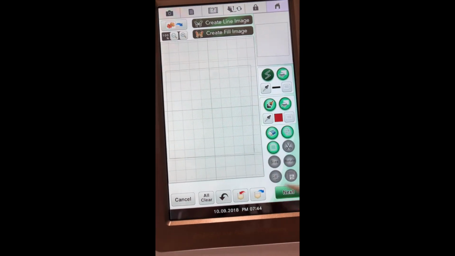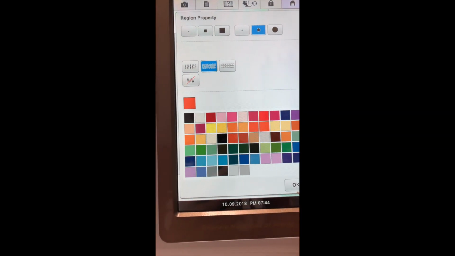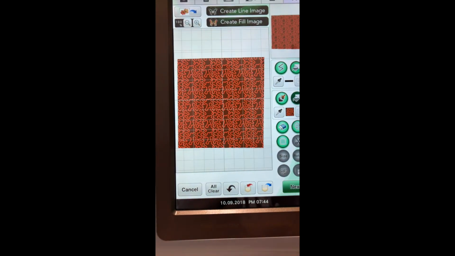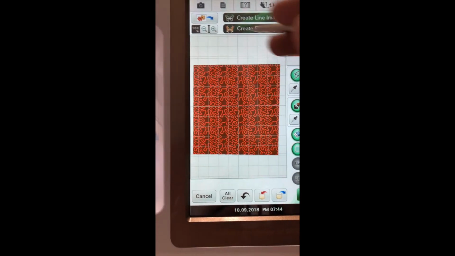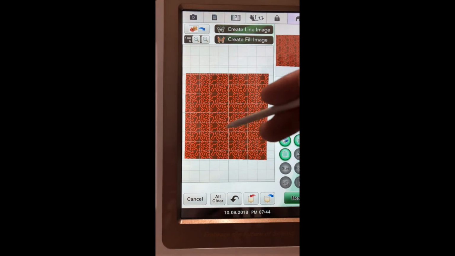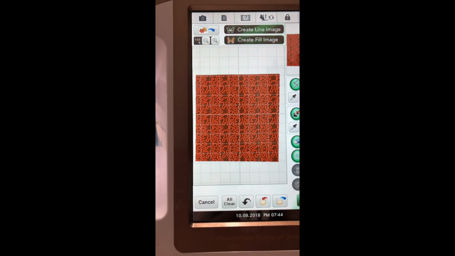So I just drew that around, doing the same thing. I can go to stippling, go to orange, and tell it to fill it. So that's basically what I do: I draw the square around the outside first, and then if I have the witch's foot, or some other designs that you've seen on there, I then take the same line tool